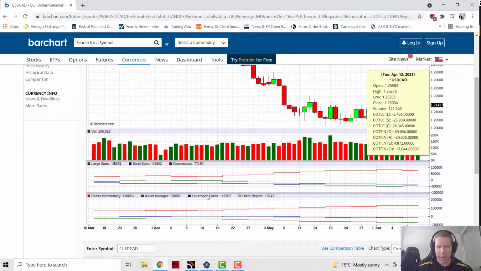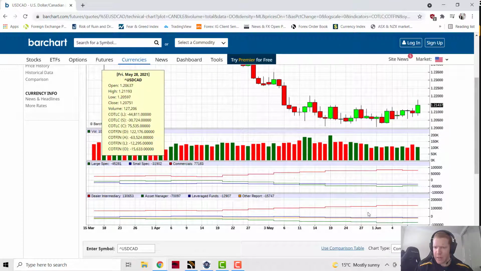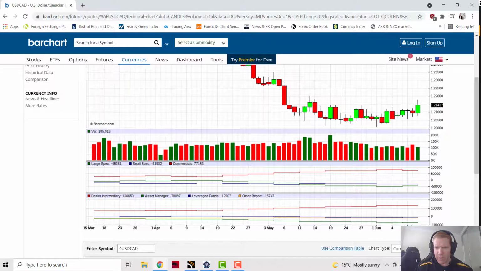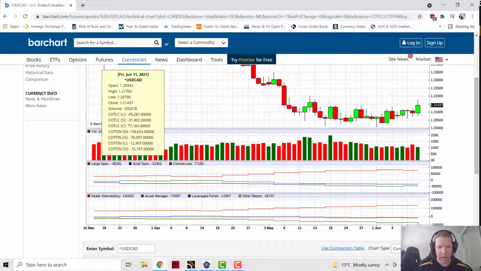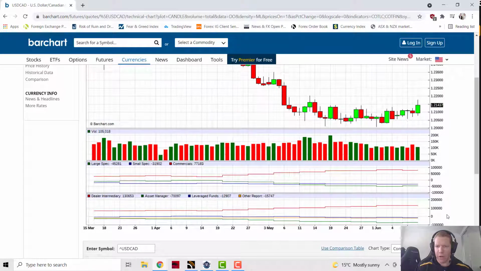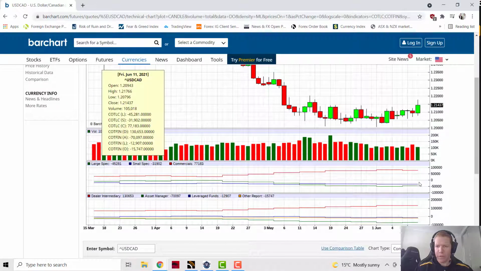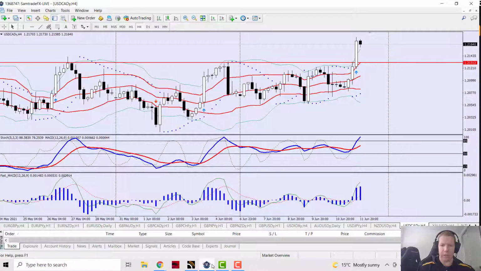We've got asset managers, leverage funds. Asset managers are net short, it looks like, as well. We've got dealer intermediaries here. These guys are net long. So we just want to see a little uptick in these participants, especially asset managers, as a bit of an indicator to potentially get in on a long-term trade idea. And now when we're constructing the trade idea,